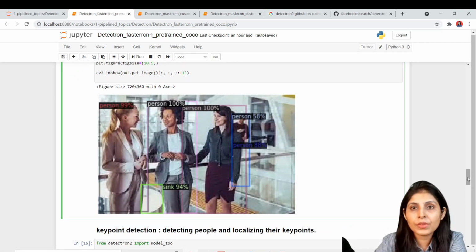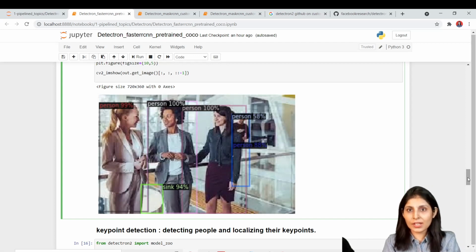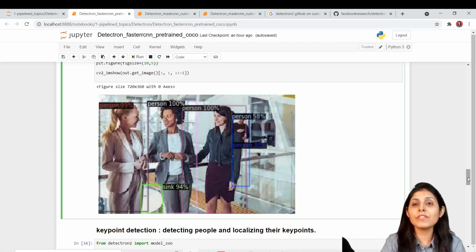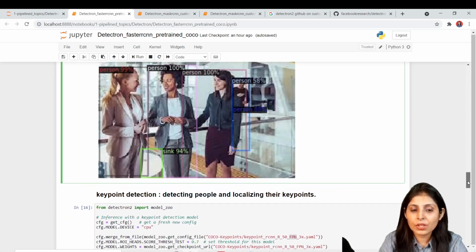In my videos, if you have studied Fast R-CNN or Mask R-CNN, you have seen the process: we write lots of code and then we get results. But over here we are using very little code, even on a custom dataset. I'll show you in my next class. Even when you're working on your custom dataset, we write very little code and get very good results. So we are done with the object detection task. Now let's see the next task.